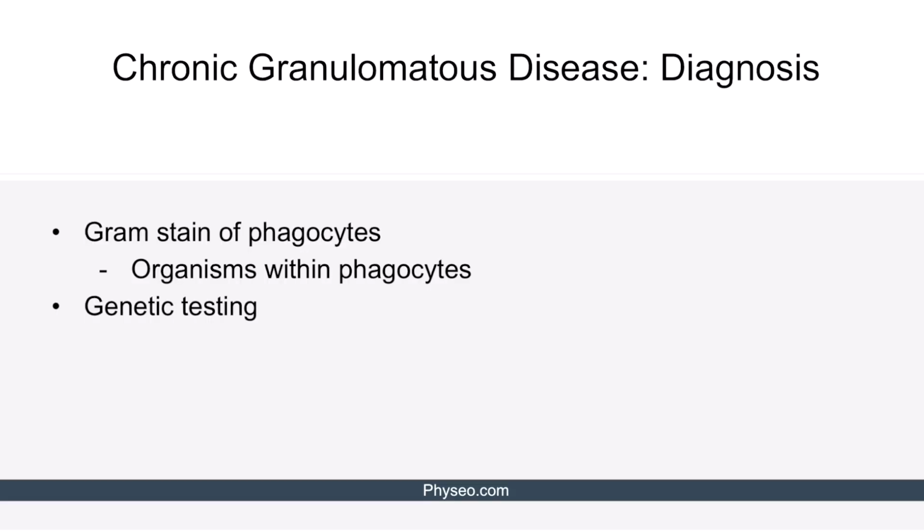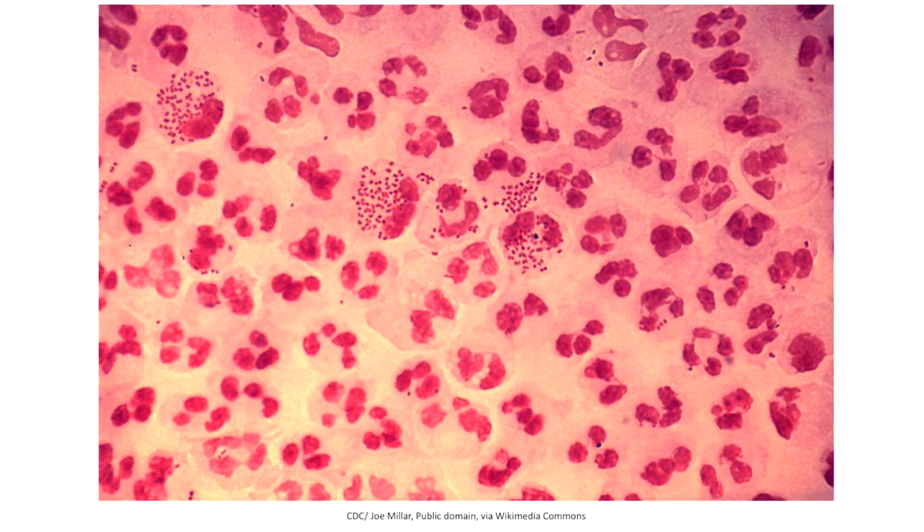diminished. Additional tests that can be used to support the diagnosis of chronic granulomatous disease are a gram stain of phagocytes, which will reveal organisms within phagocytes, and genetic testing, which may reveal the specific genetic mutation that resulted in chronic granulomatous disease. Here's an image depicting phagocytes under a gram stain. Note the multiple little red dots within each phagocyte, which represent gram-negative pathogens that were able to resist destruction by